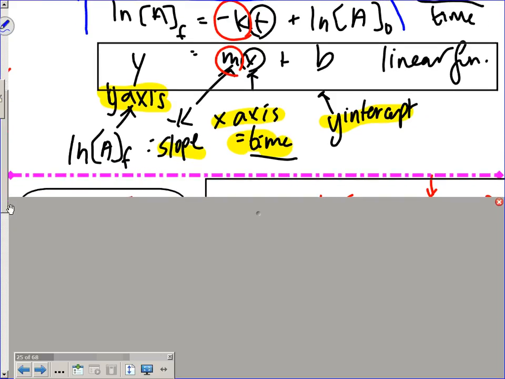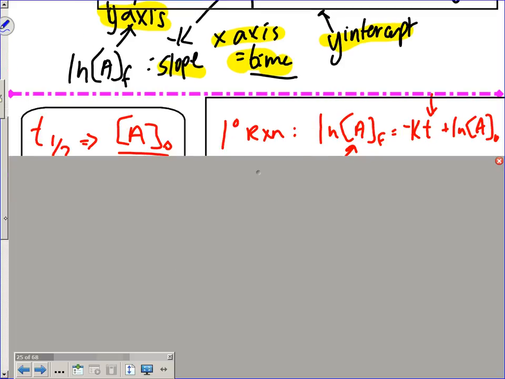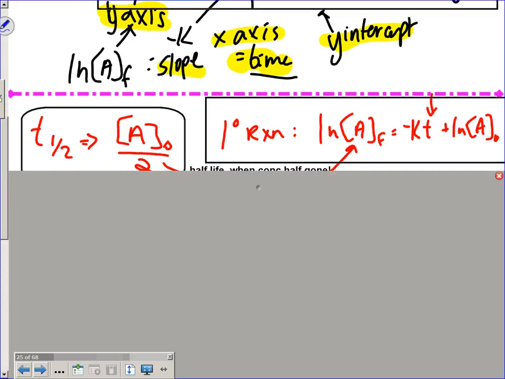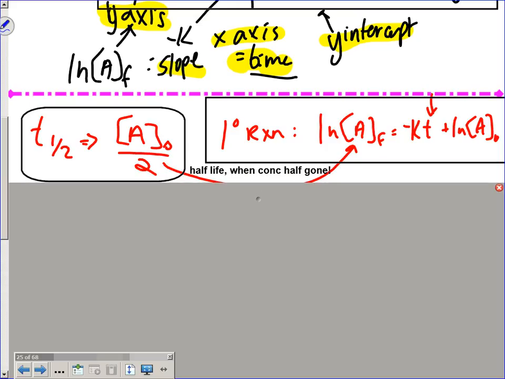What does that say? Oh, it says time. Okay. I was like, can't read my own writing here. Okay. So for half-life, T1/2 is achieved when the concentration initial gets to half of its original amount. Does that right there make sense? The time it takes to get to half of the original amount, so A initial over 2. I have to take this value and plug this in to the concentration final, which is A final is what